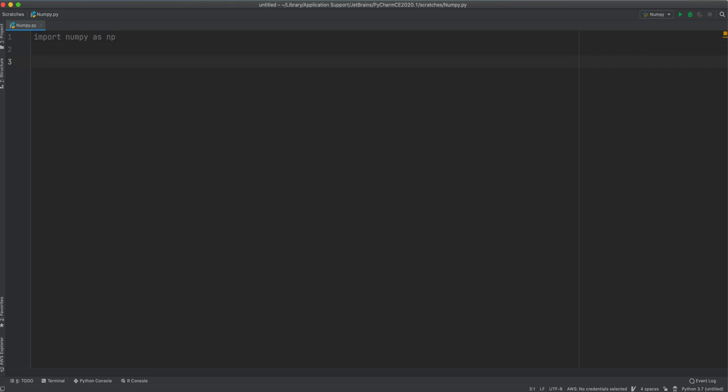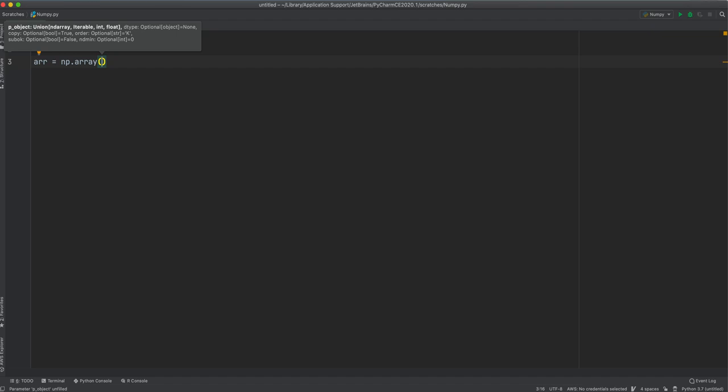So let's start by learning arrays first. I'm going to create a variable called array and then write np.array. In NumPy, the most important thing you should know is that an array has dimensions. The main difference between a normal Python array and a NumPy array is that NumPy arrays have dimensions. At first I'm going to show you what a zero-dimensional array looks like, and then one-dimensional, two-dimensional,